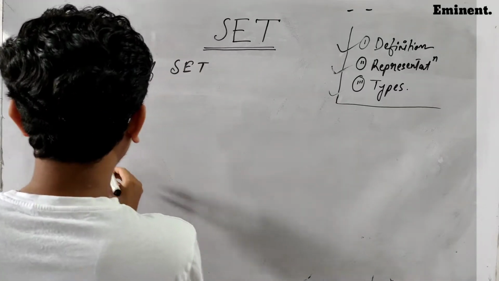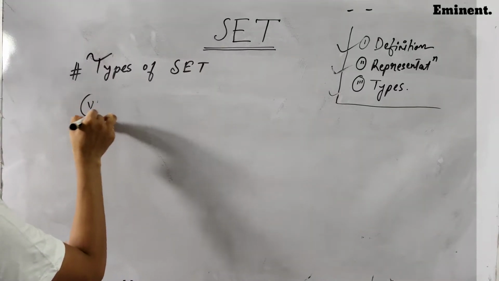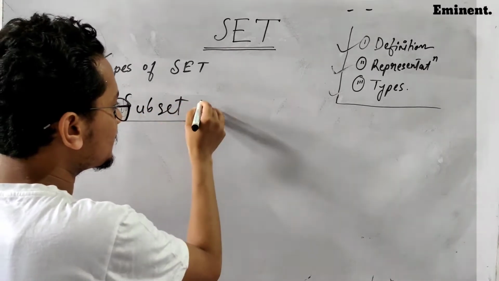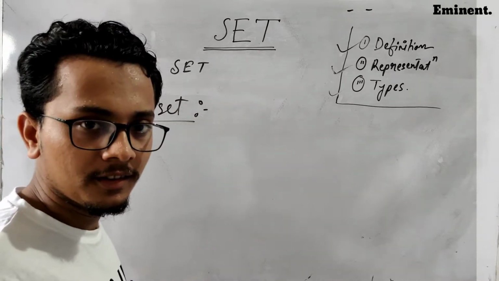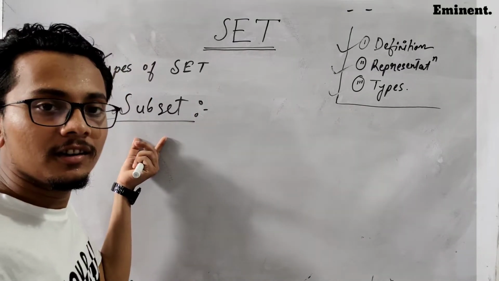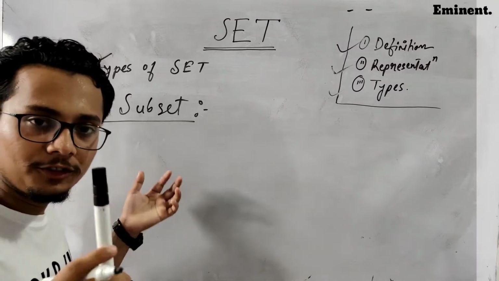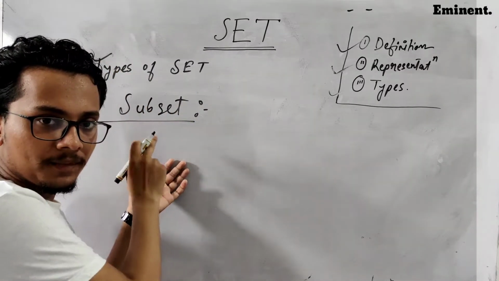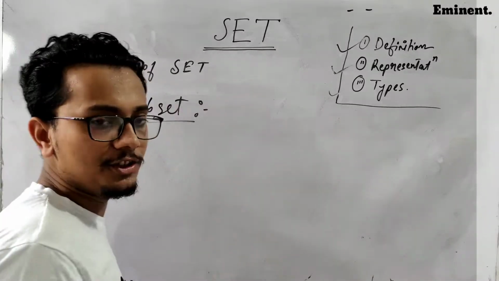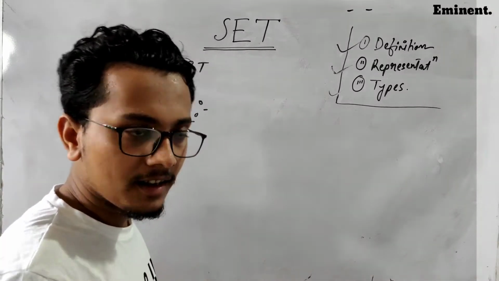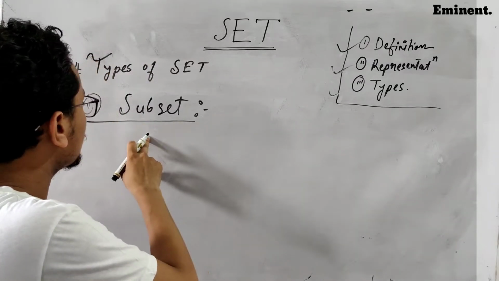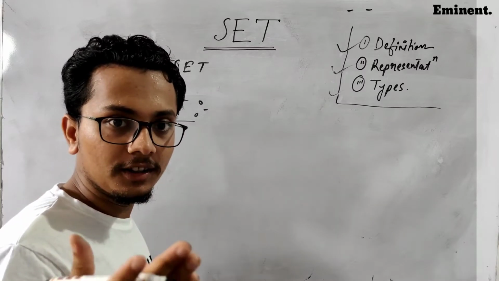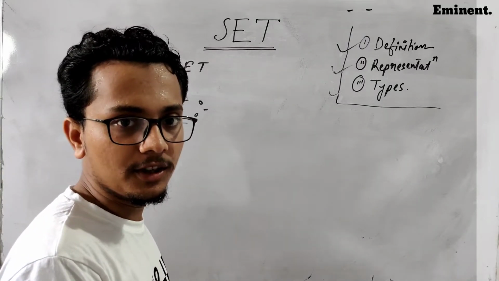Now I am writing another set, for example subset, and this is very important. Try to understand this set completely. Most of the time students get confused in this set. I am directly writing the definition of this set here. I didn't write the definitions of the other sets which I have explained, but the definition of this set will be there in the PDF which is attached in the description.